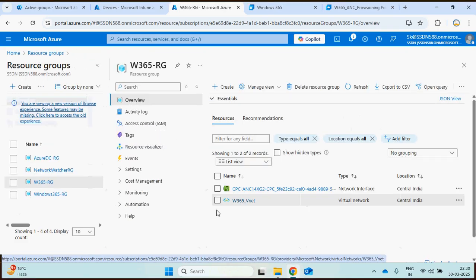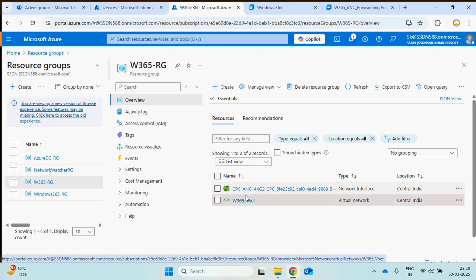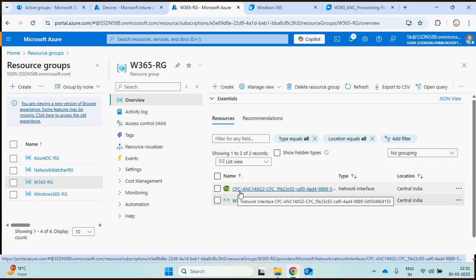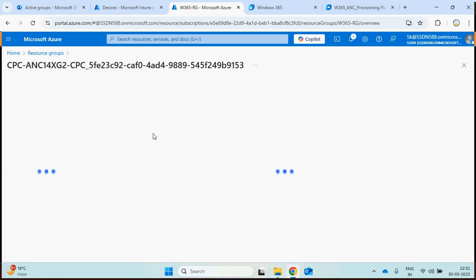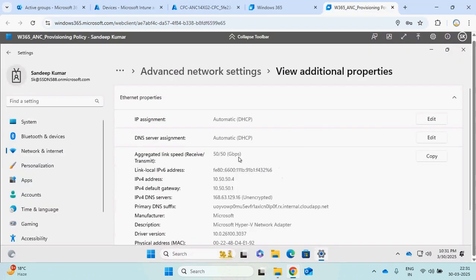So we go to that resource group. Under that resource group, you can see there are network connections, and the name of this connection is CPC ANC. If you click on this, the IP address of this network connection is 10.50.50.4, and this same network connection is used here in this particular cloud PC.